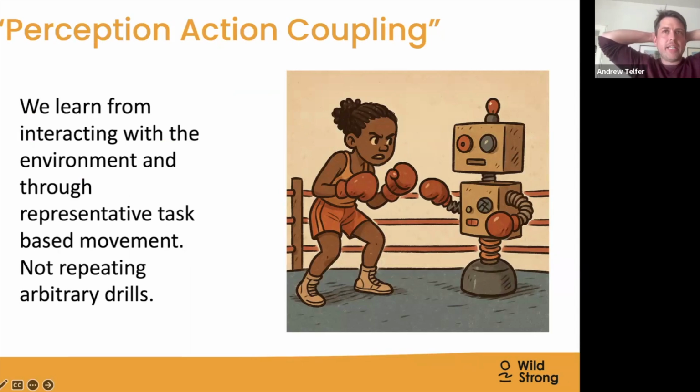So you still see it today. You see all kinds of apps and all kinds of expensive training gadgets in universities and with professional sports teams. And you'll see this idea that what we want to do with our athletes is improve their reaction time. We want to make their reactions better.